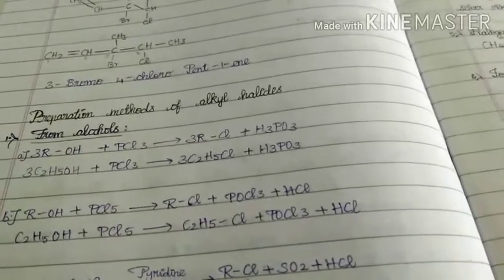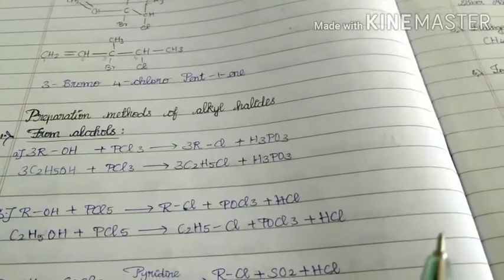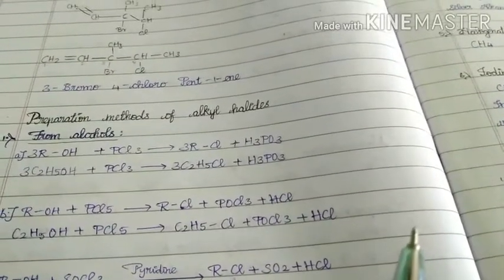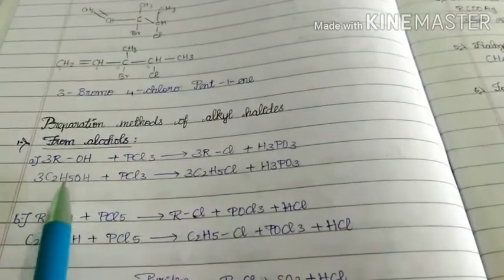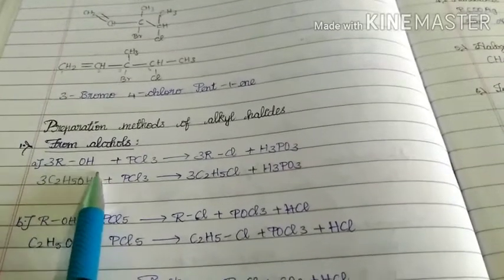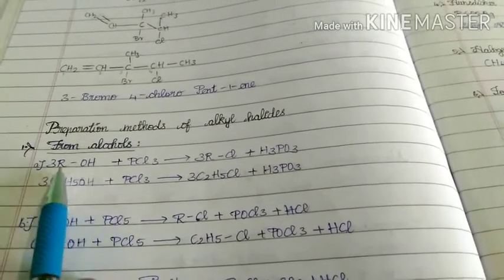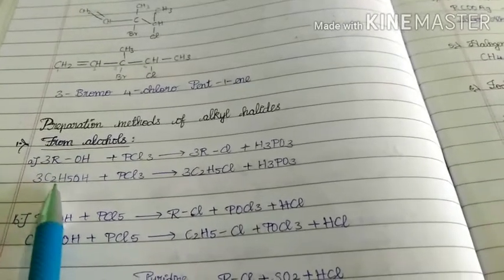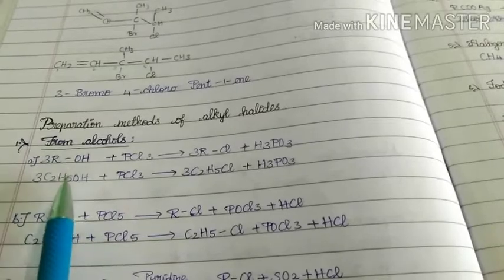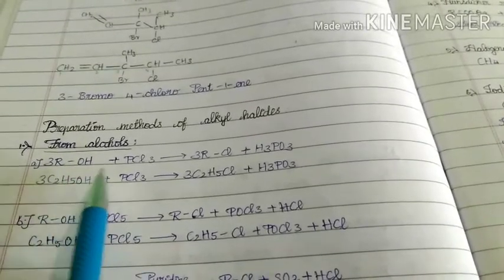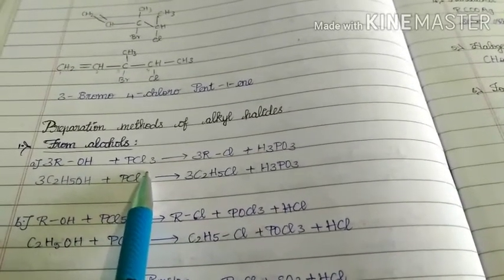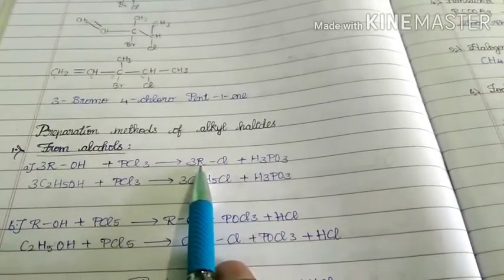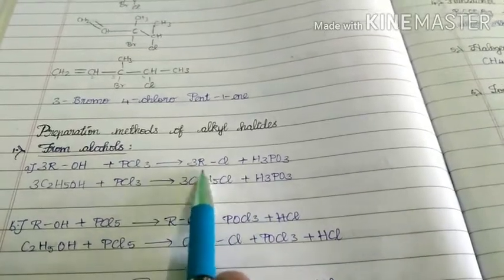Alcohols means what? If an organic compound contains an OH group, that is called an alcohol. So from those alcohols we can make alkyl halides. For example, this is ROH, nothing but alcohol. Here R is an alkyl group, whether it is methyl, ethyl, propyl, it can be anything. When this alcohol reacts with PCl3, phosphorus trichloride, then we get alkyl halide, alkyl chloride,